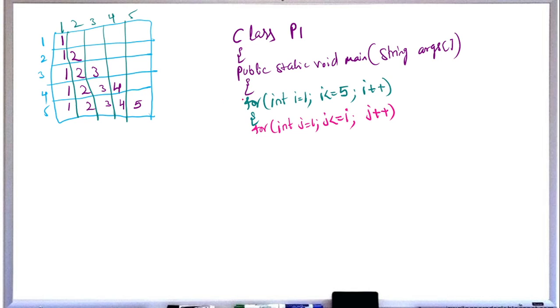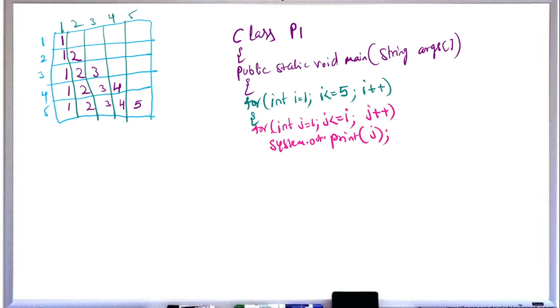After that, once this is over, now I want to print the value. So System.out.print, here we have to use print. Now what values am I printing in each column? Observe this pattern. In the first column we are printing 1, in the second column 2, in the third column 3, in the fourth column 4. So in each column we print the value equal to j. That's why here I will give j.